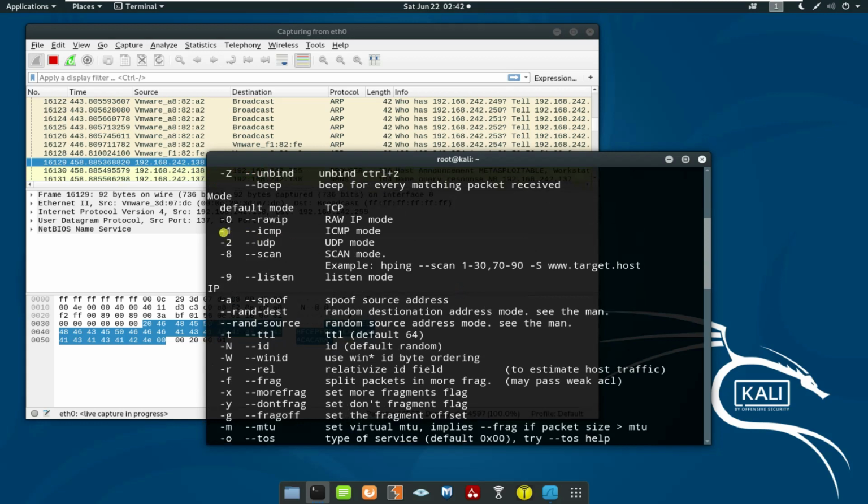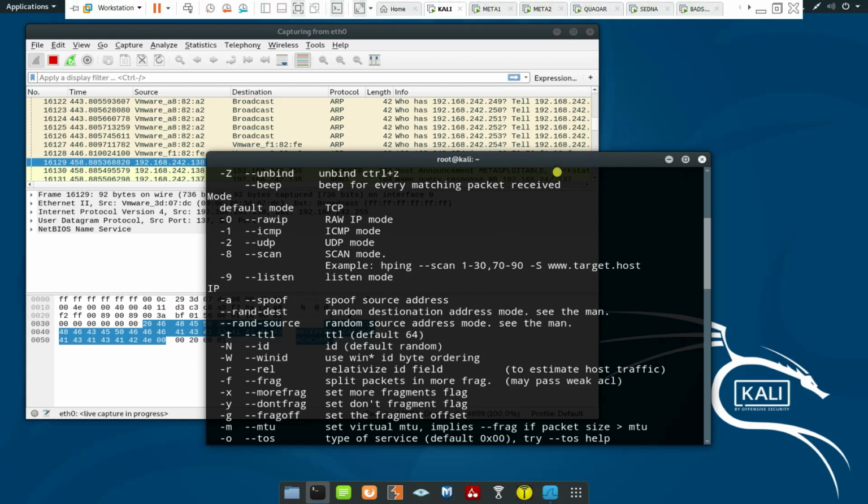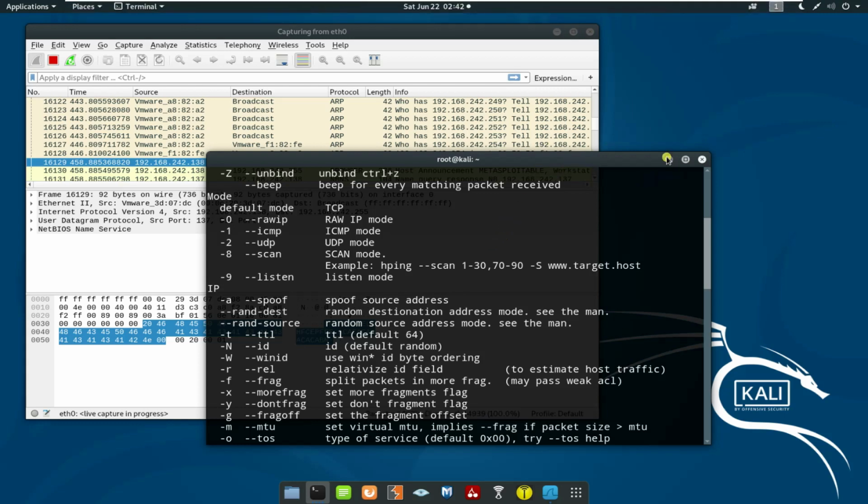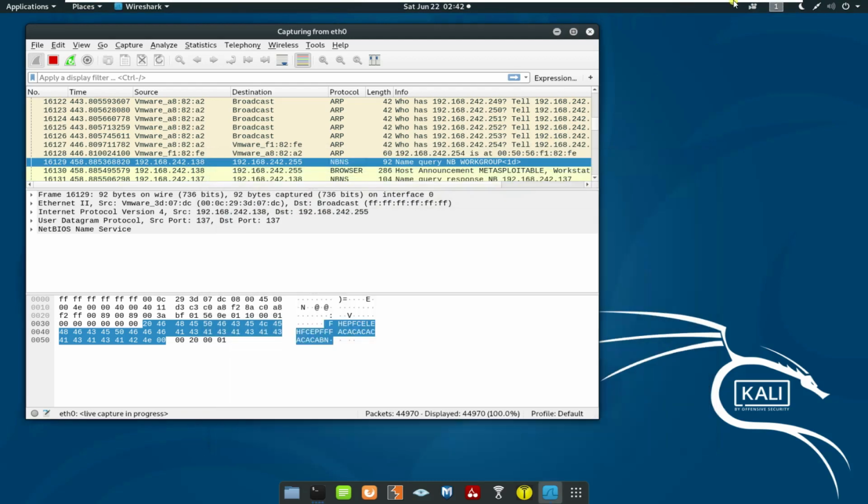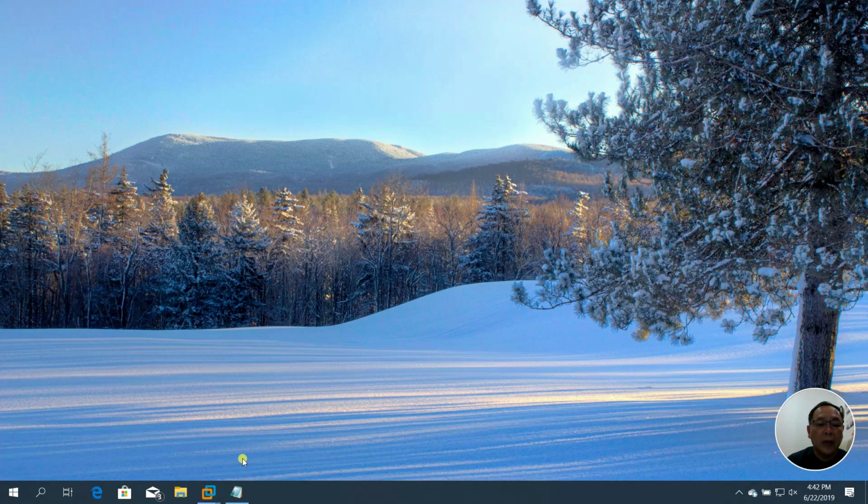So let's try -A. Or you can also use the... oh wait, what we did was this one. So you can use the -n, -A, or --scan. Yeah, which will also give the same result. While waiting for the scan to finish, if you want to play around with a